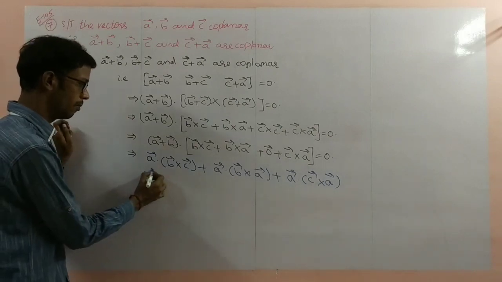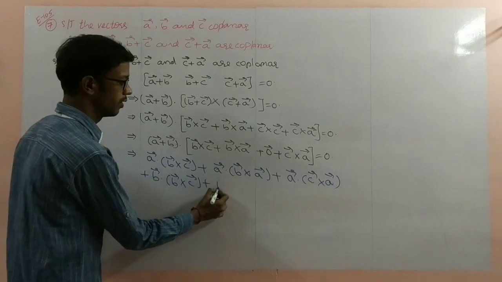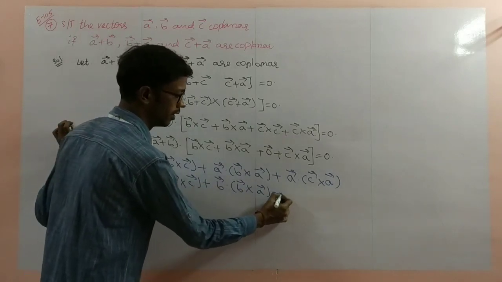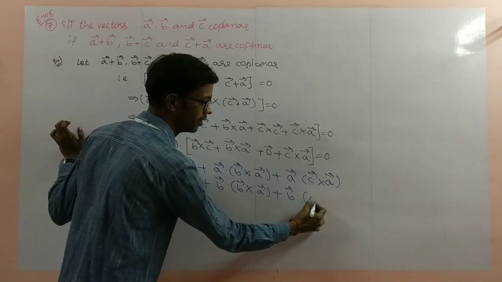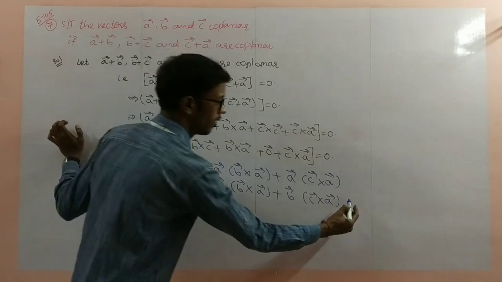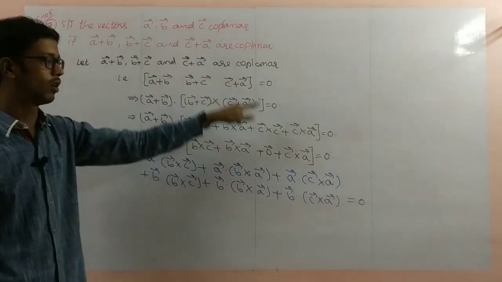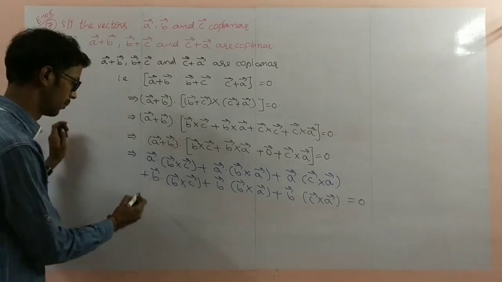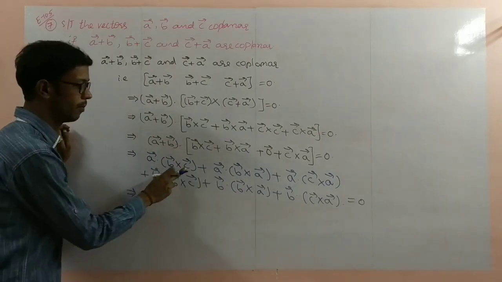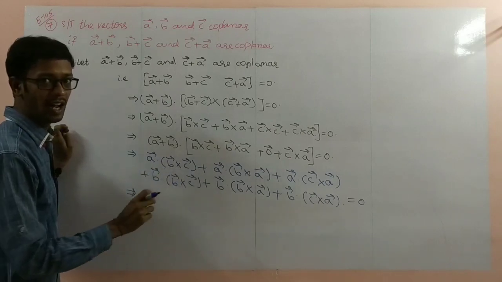Plus B bar dot of B bar cross C bar plus B bar dot of B bar cross A bar plus B bar dot of C bar cross A bar. This equals 0, as already given. We are taking it equal to 0. So continuing, this implies, by the formula A bar dot of B bar cross C bar, the vector triple product,